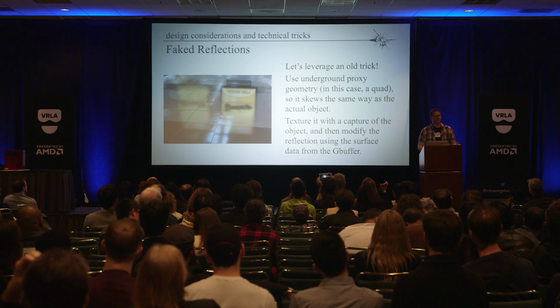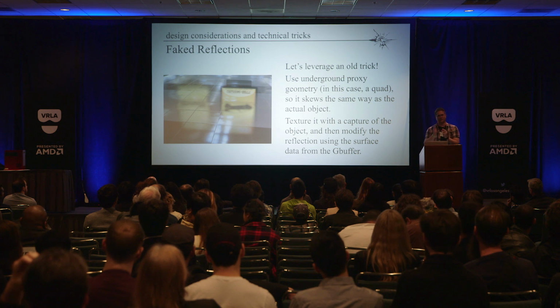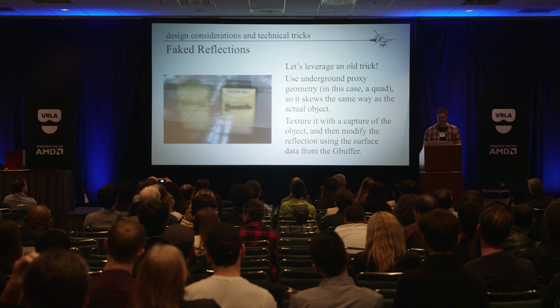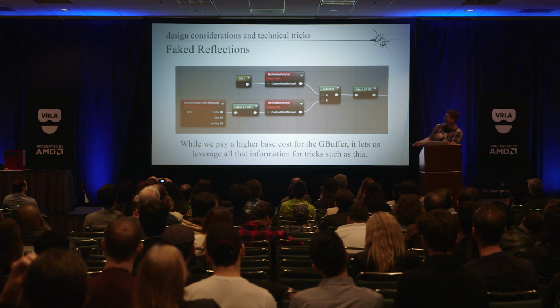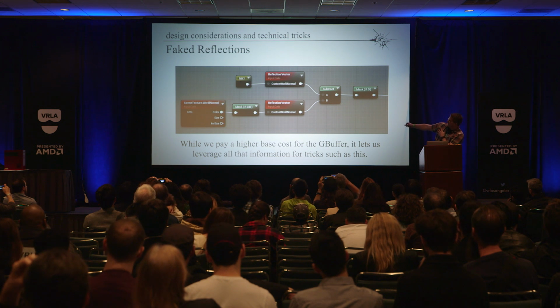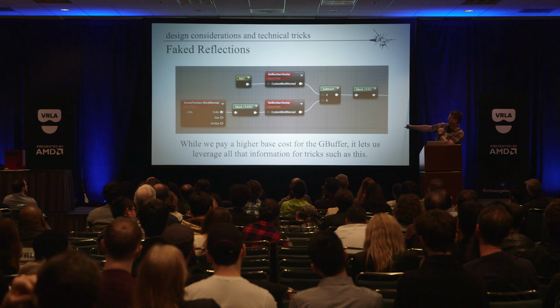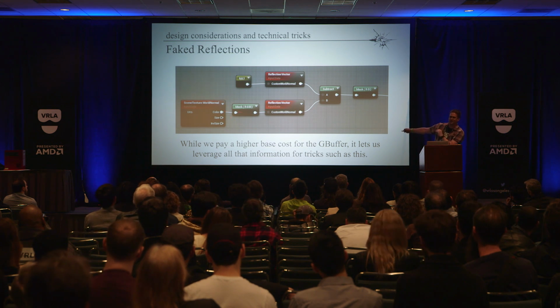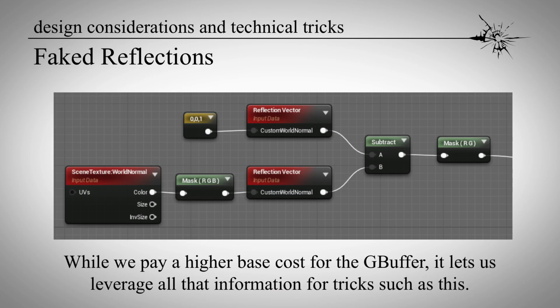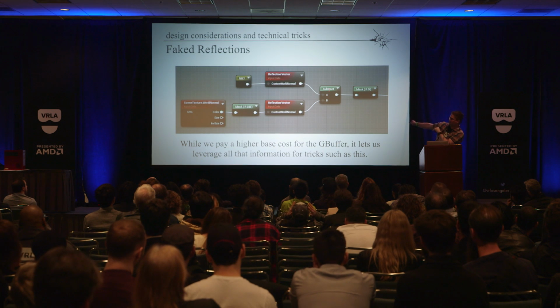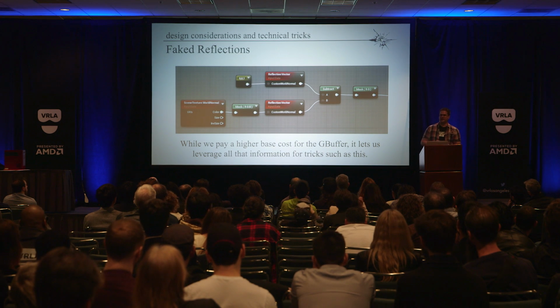Since we have a deferred renderer, we have all the information about the normals in the G-buffer already available to us for free. So with the faked reflections, we basically say, let's take the difference between what a perfect Z-up normal surface would be and what we actually get from the G-buffer. So if it's on a tile that's slightly canted, that would be this part. Subtract the two to get the difference, and then warp the reflection there, based on whether there's a tile or a crack or something right there. It makes it look really good.